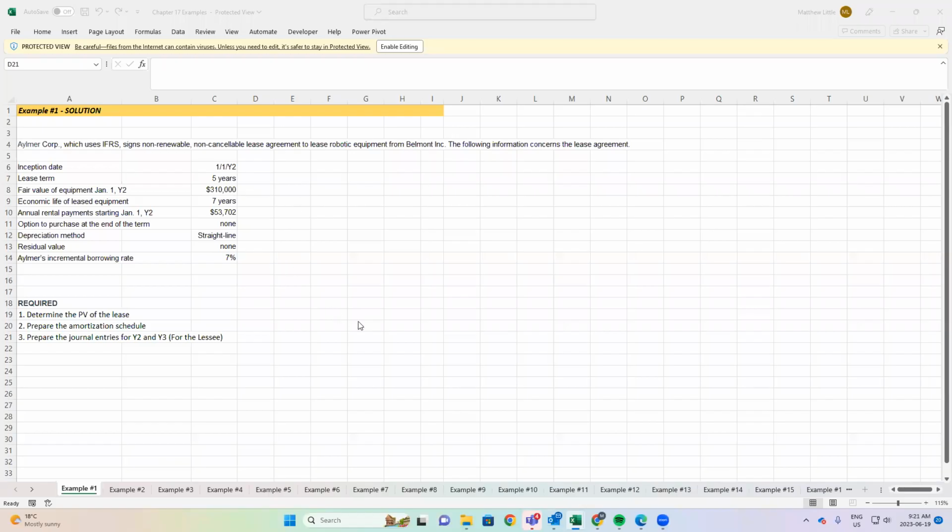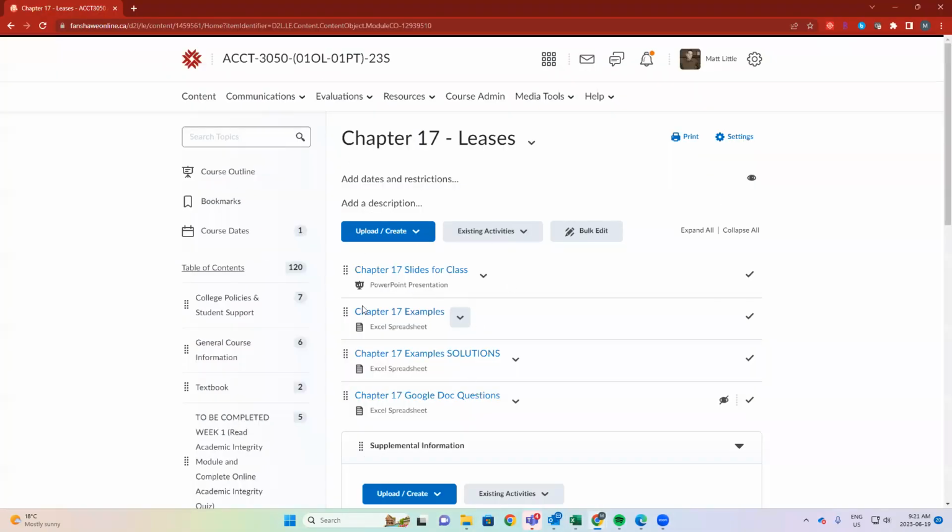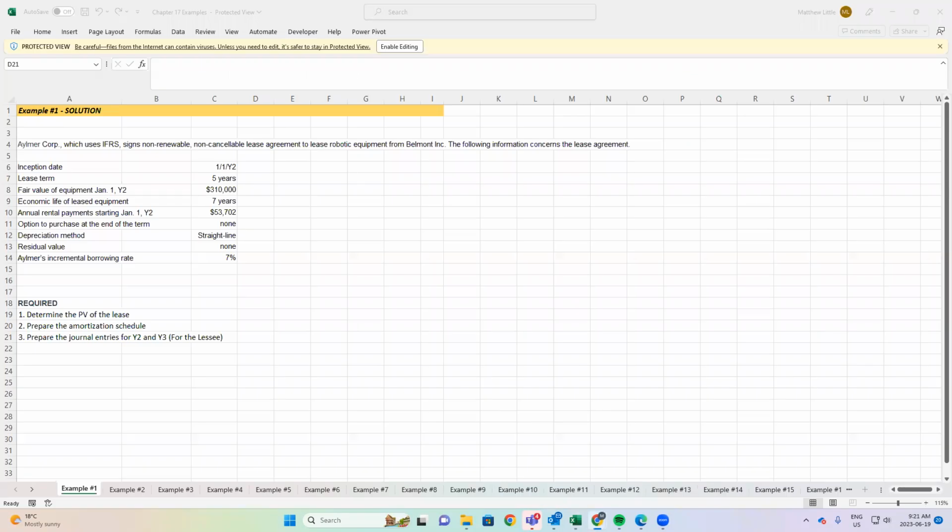All right, so we're looking at example 1 from the Excel files right here on FOL. So we've got the chapter 17 examples. I'll just walk you through a couple of them for some background, and then it's a lot of repetition after that. All right, so let's look at example 1, where we have this company that signed a non-renewable,